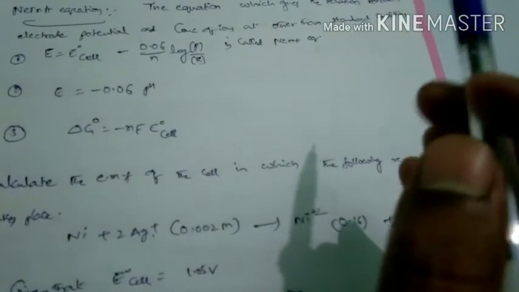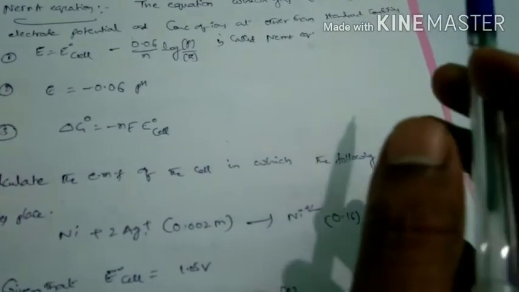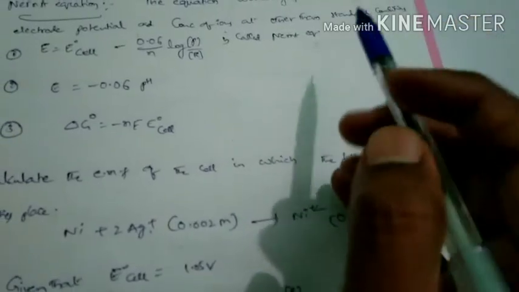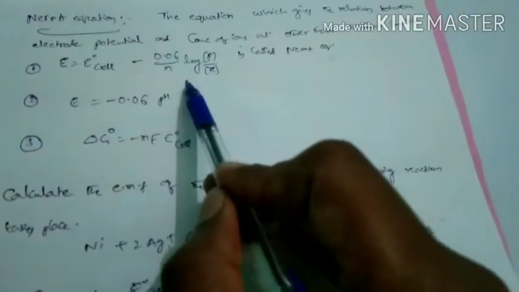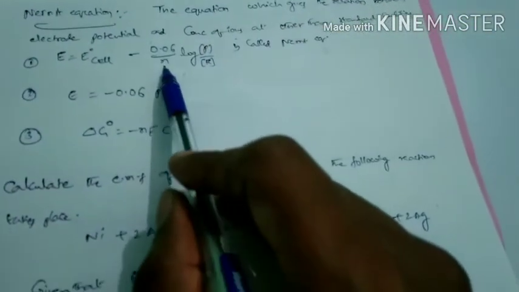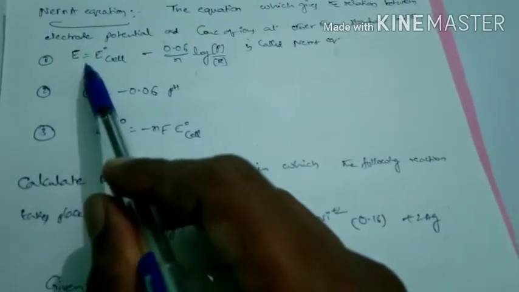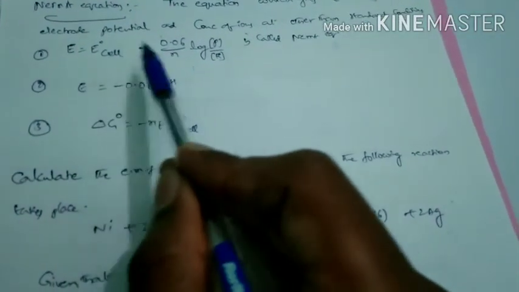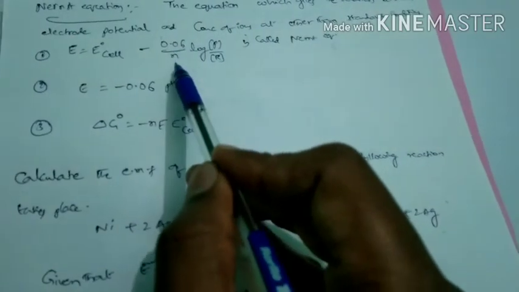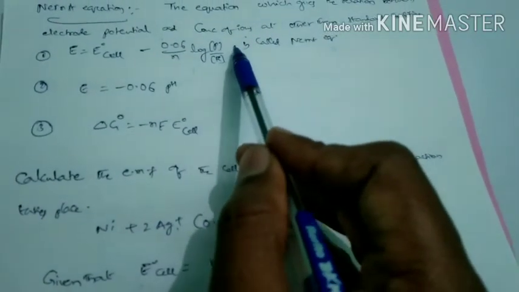That is nothing but E0 cell is equal to E0 cathode minus E0 anode. We cannot use that formula. In such cases, we should use this formula. This equation is called the Nernst equation. The formula is E equal to E0 cell minus 0.06 by N log of products concentration by reactants,